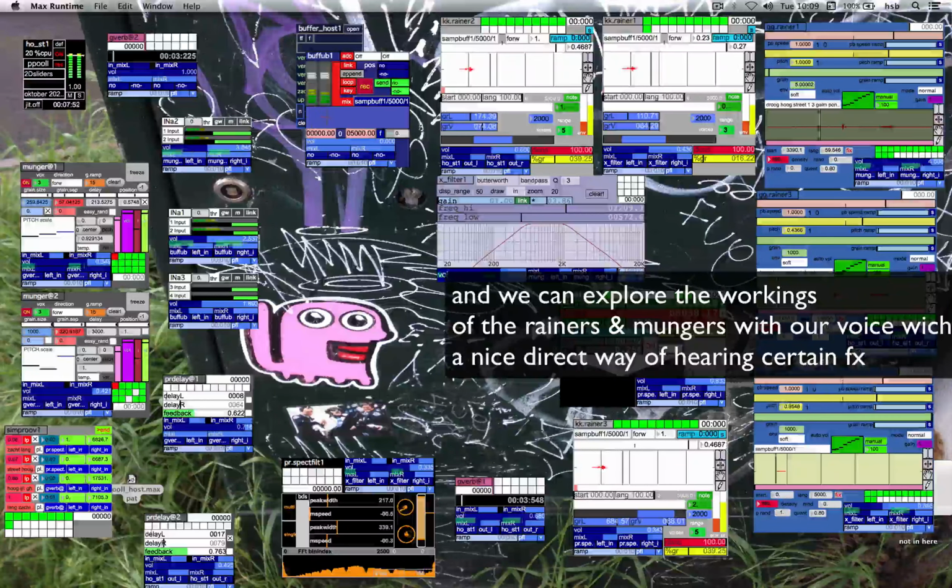which here has a sample buffer, 5 seconds, and a few grainers are picking that up, and there's some other stuff going on. There's a filter here. Okay, well, you have to prep it a bit, see what works and what doesn't,